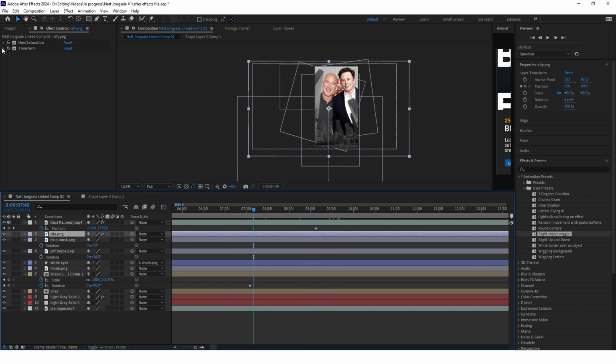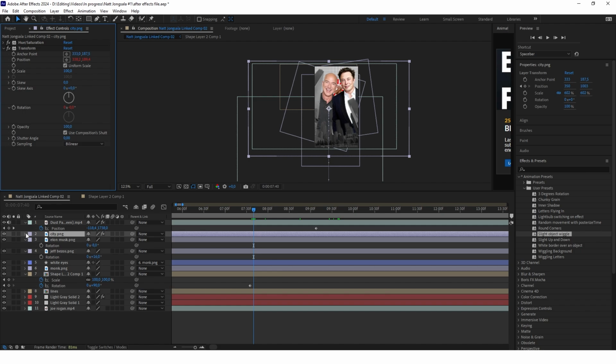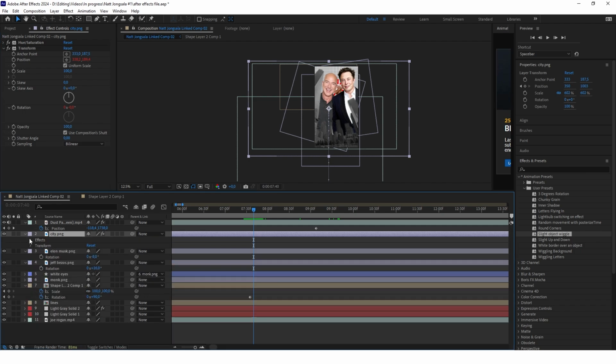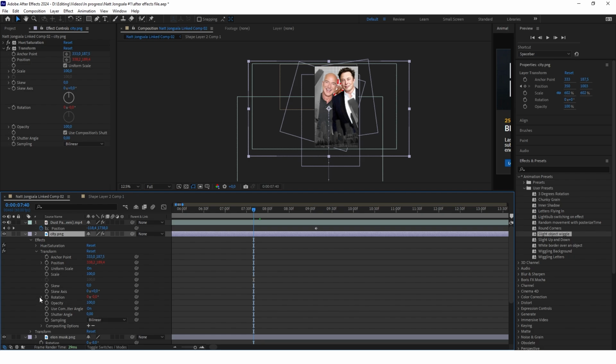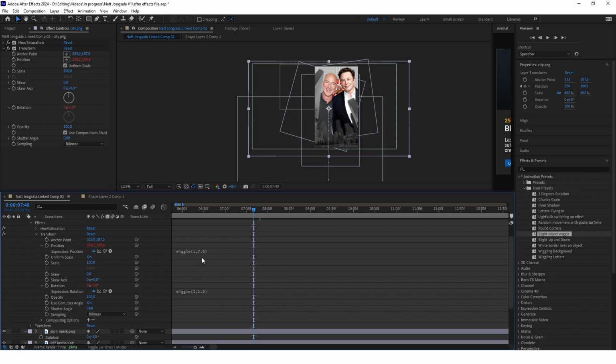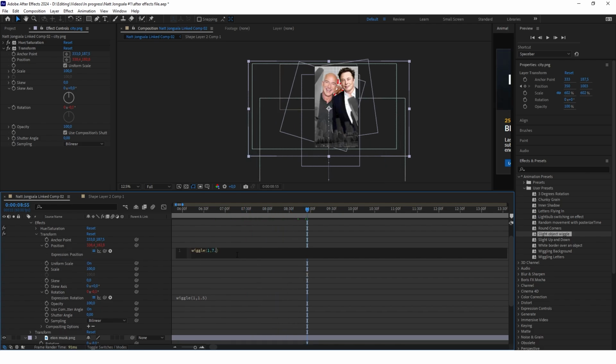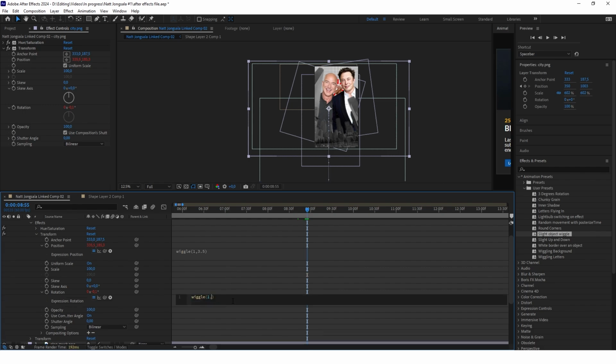This is just a transform preset, because when you open here you go to FX, transform, and you open the rotation and open the position. There are the expressions that I'm using. These expressions basically mean that the object is moving 1 time per second and is wiggling 7.5 points to the left or right or up or down, and is rotating 1.5 points to the left or right. So as you can see, it's too strong, so we have to decrease these values. So we can put the position wiggle at, let's say, 3.5 points and the rotation wiggle at 0.5 points.